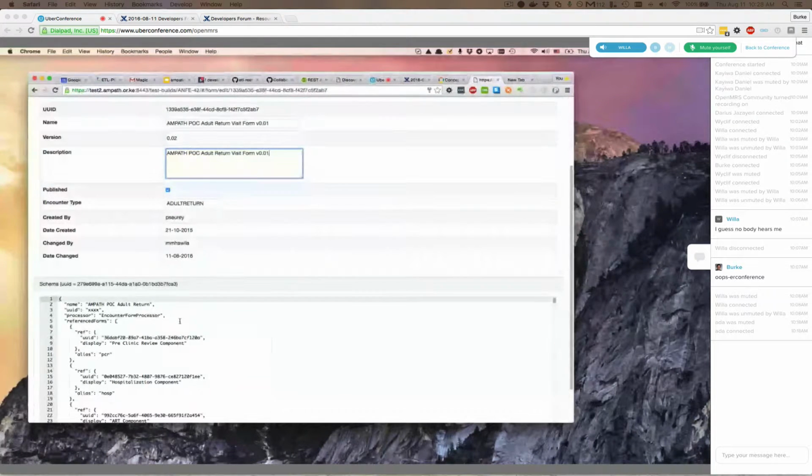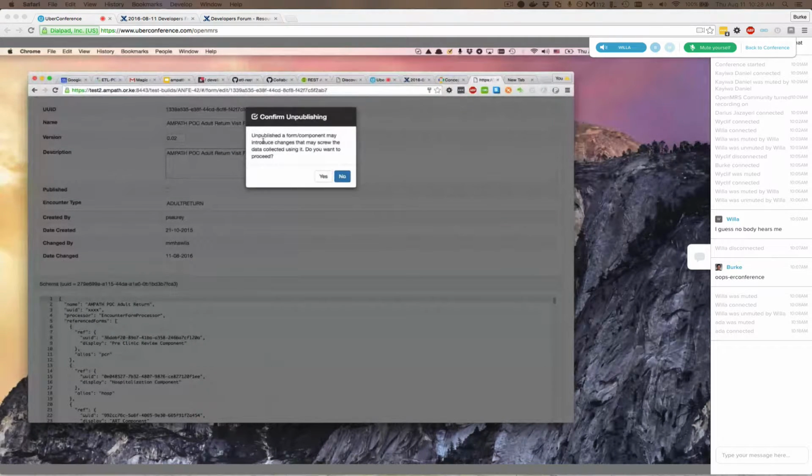And can you unpublish a form simply by unchecking that box and saving? Yeah, you can do that. And then it will tell you this, well, people usually don't read these things. You want to proceed. Nice. Nice warning. Yeah, I mean, I was thinking of this. Actually, I am the one who implemented this, and I don't know what is the best way to do this. I mean, can you just disable? Sometimes maybe you need to do that.